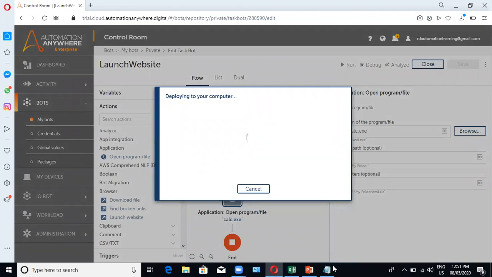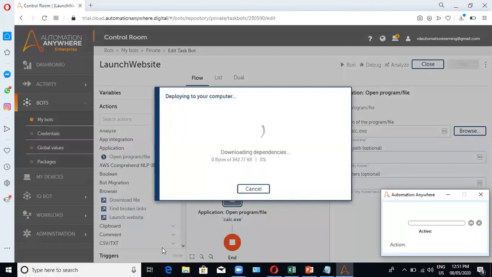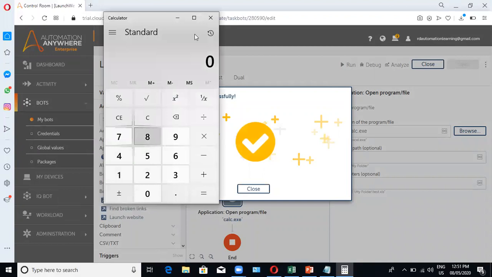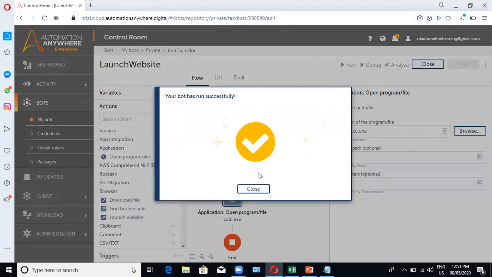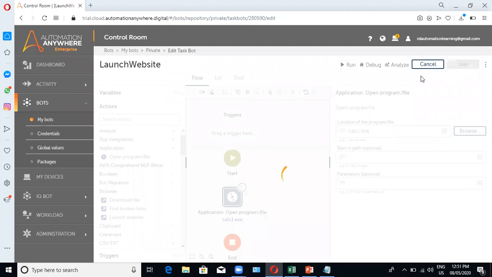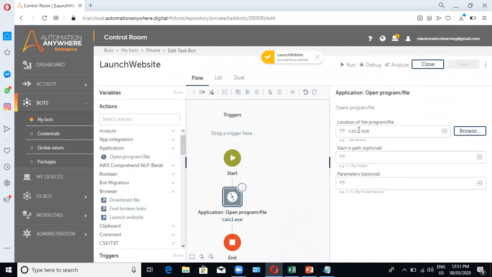Now you can see the calculator is not opened anywhere as of now. It is closed. So we would see the calculator getting opened at the end of this execution. So you saw this calculator got opened, right? Now, if I put a wrong name of the application which I want to open, it would give me an error message also at that time. So let me say now calc1 is not any name of the application in the Windows, right?